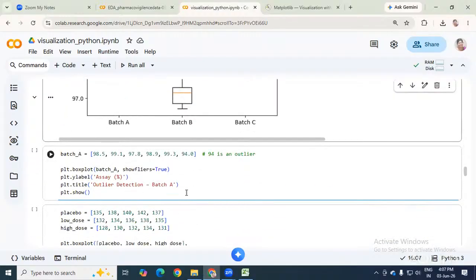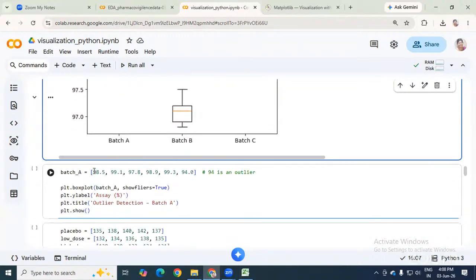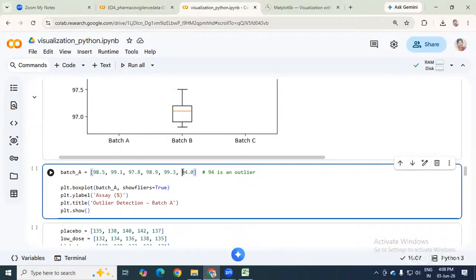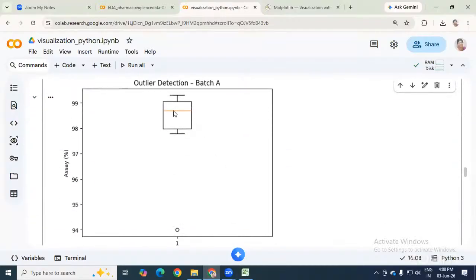And similarly, if you want to understand the outlier, try to understand over here: these data points, if you observe, are all 99, 98, 97. So all are closely related data points, assay results. But if I have assay results which are all 98, 99, but one data point deviating at 94, then by seeing the data itself, I can say that this data point is behaving differently compared to the other data points. If I draw the box plot, you can see this is the mean value of overall data, and these are the percentiles and the acceptable standard deviation levels, and you can see there is a data point at 94. This is completely deviating from the complete data. So by seeing this type of graph, you can easily say that